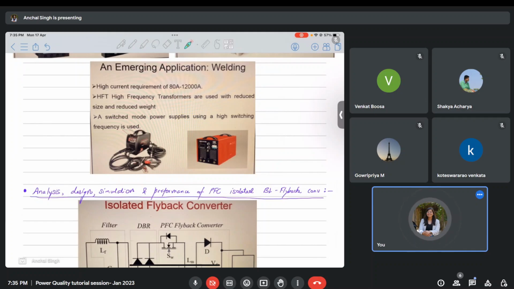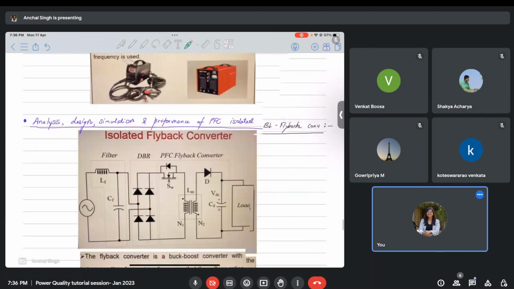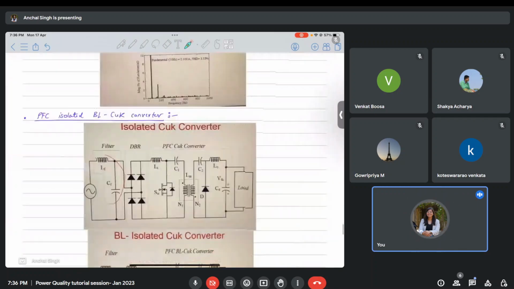All these developments have come because of high frequency transformers. As I mentioned, initially these transformers were very bulky. But when they increased the frequency of these transformers, and with all the advancements in electronics technology, the size of these transformers has reduced to very small, and therefore the overall equipment size has reduced, and we are easily able to carry them anywhere we want. These small transformers are present almost in all equipment, and they are very cost effective also, especially for bulk production. So again, these are examples of isolated converters.